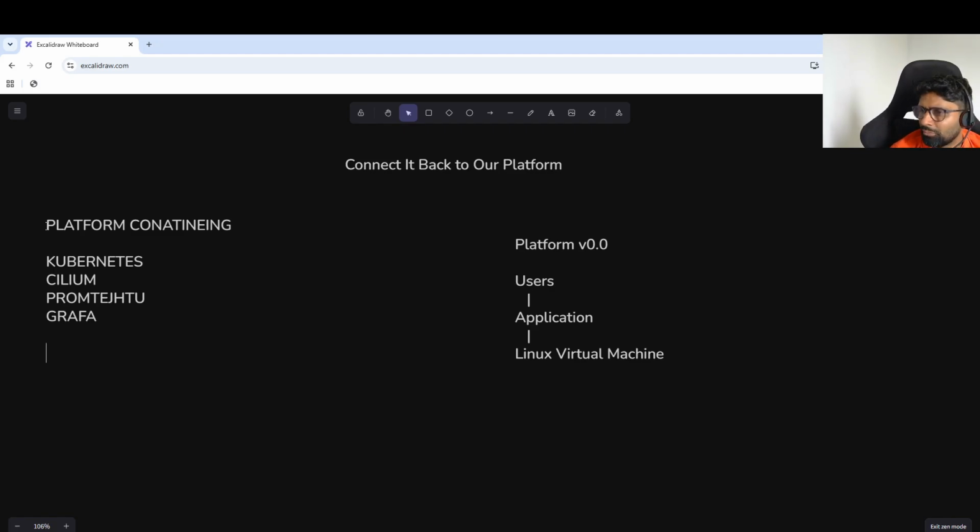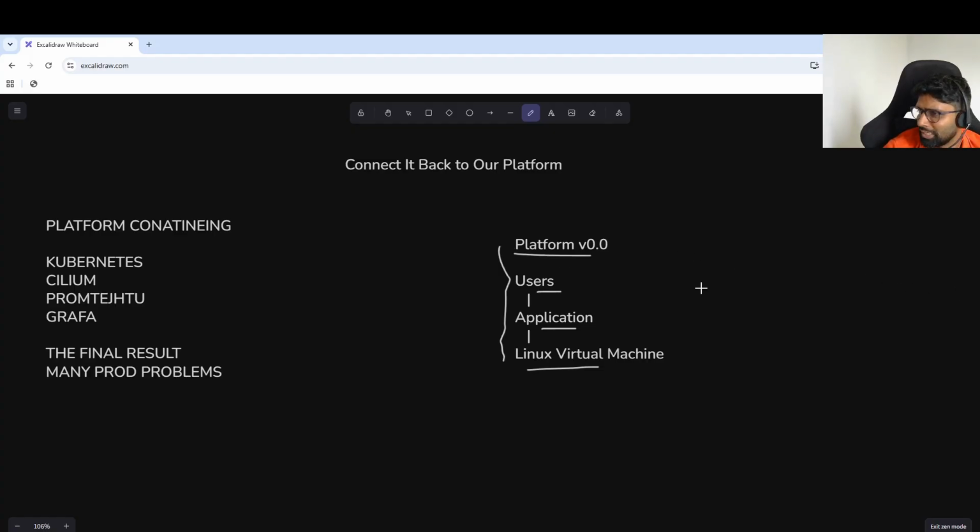That platform looks very complicated because it represents the final result of many production problems. But today, our platform is very small. We have a Linux virtual machine. On that, we have an application, and there are some users. This is, let's say, platform v0.0. This is where we are going to begin.